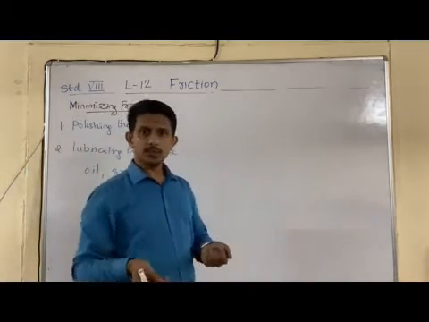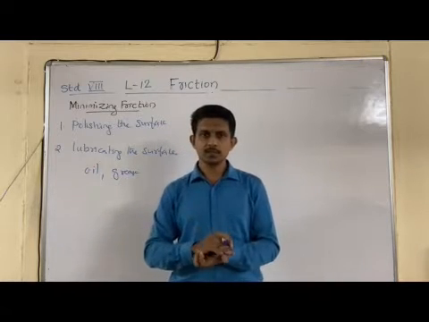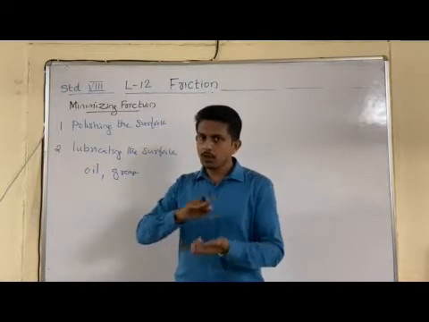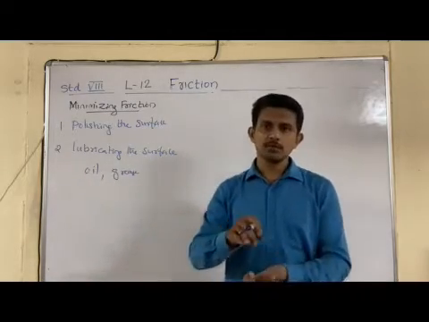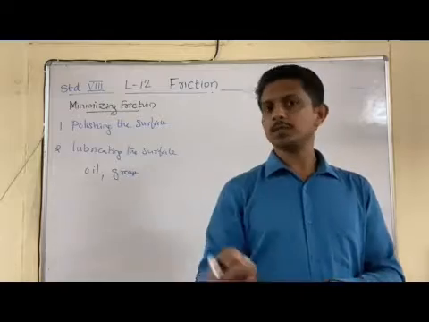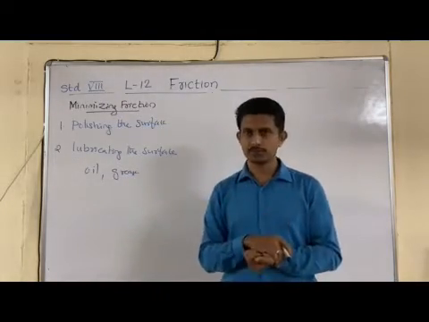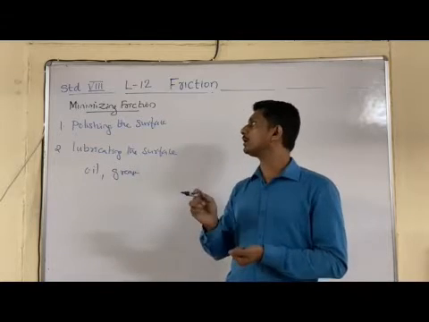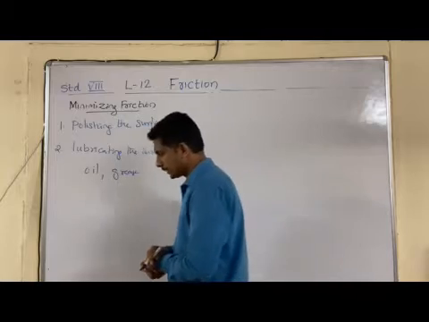When we use oil or grease as a lubricant over the surface, a small, thin layer of the lubricant forms on the surfaces which are in contact. This is able to reduce the friction between the two surfaces. So this is another method of reducing friction, known as lubricating the surface.